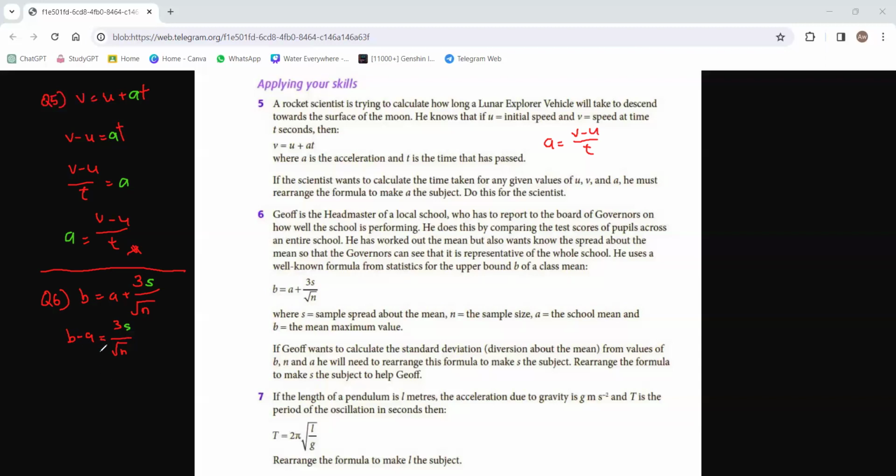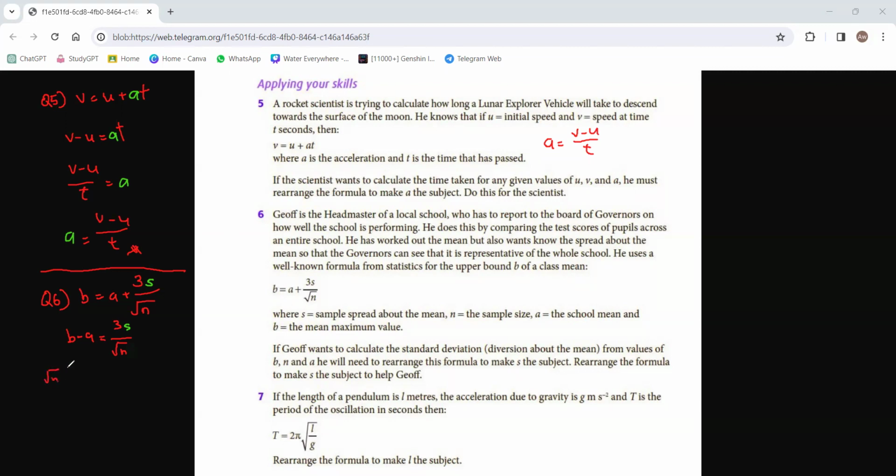When we move to the B minus A side, we'll get multiply. Okay, so I have one thing to highlight here. When there are two operators together, we can only change one operator at a time. So in this case, there's square root and divide. So we would do the divide because it's bigger. So we will get